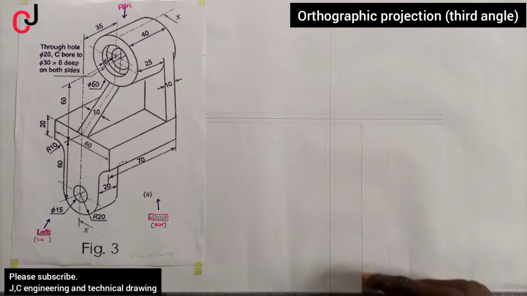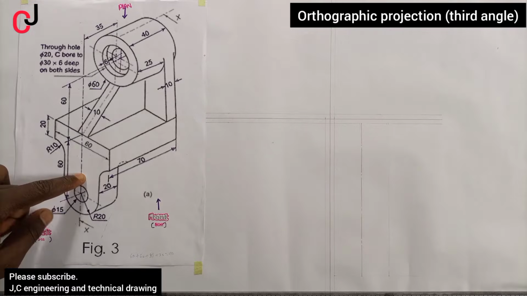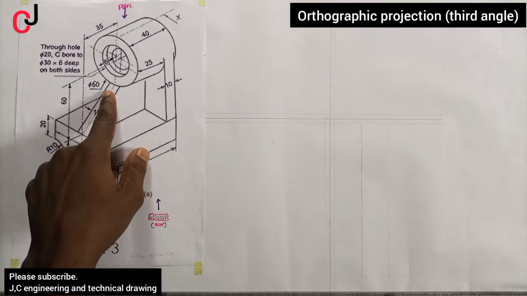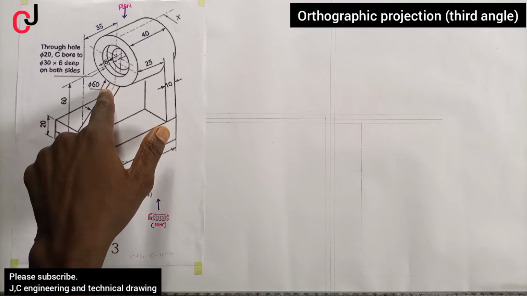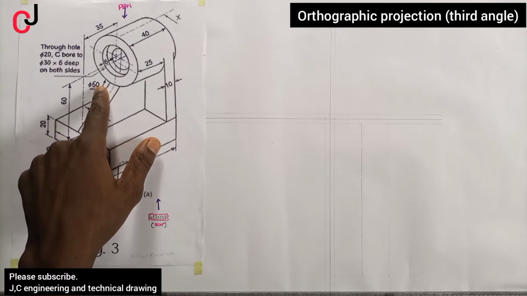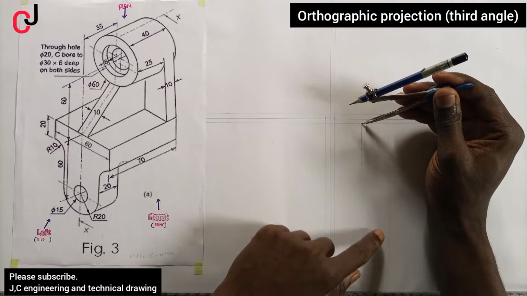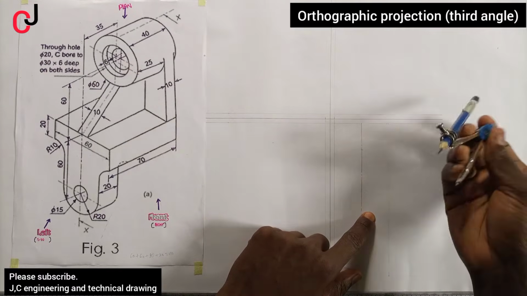We've succeeded in representing our center line, which is from here to here is 30, and from here to here is 30, giving us the total length, which is 60 millimeter. So looking at it from our side view, you can see this bigger circle here, whose diameter is 60. The total diameter is 60, so we divide by 2, the radius will become 30. So you use 30 millimeter from your center line, you get to the point, place using that same point,